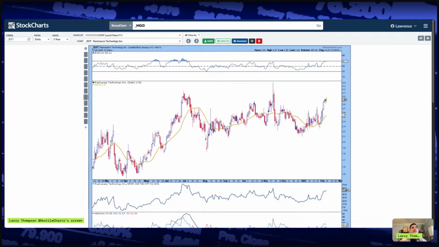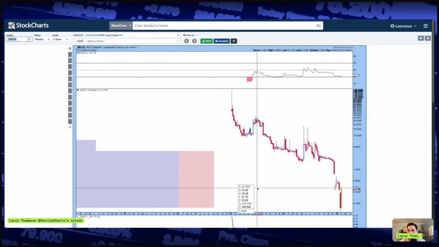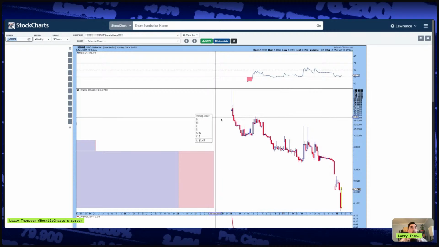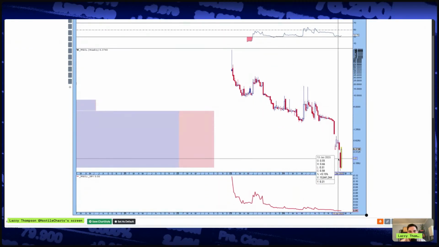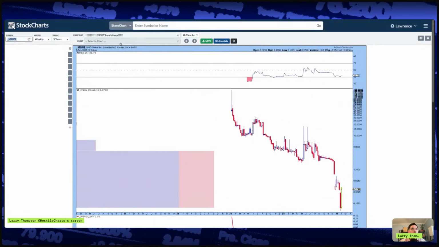MGOL. You guys are sharing some good charts. See, now we have some stuff, right? That's what happens. Two in a row that are good, and then you start sharing stuff like this. Chat, we're not trading this. We're not degenerates. If you're at the casino in Vegas, sure, maybe you have some fun in a name like this, but not something I'm trading.